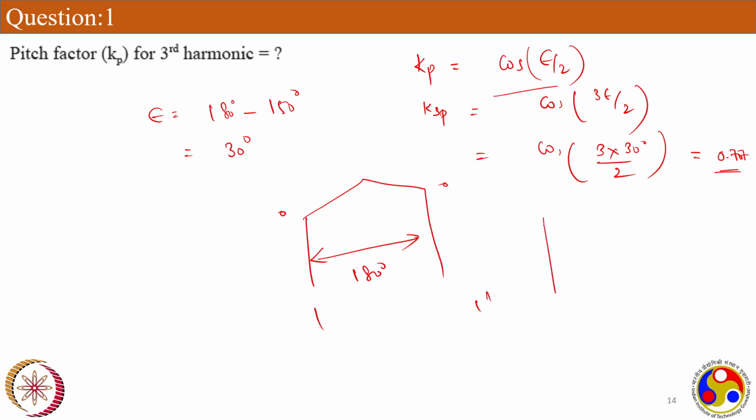So if you are going for a short pitch, let's say I'm short pitching by 30 degrees, like in this case. So this should be ideal full pitch, that is 180 degree. So I'm short pitching it by 30 degree. I am returning the 1 dash coil early, not at the 180 degree. So the reason behind doing it is, you will get some less resultant voltage, but the advantage